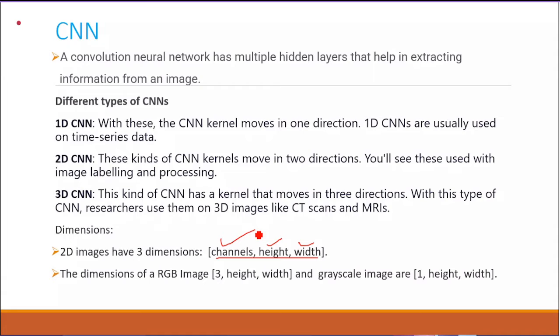Advanced ones include HSI, hue, saturation, intensity, and CMY. Like this, there are different color models of images. But here I'm considering RGB, which is a combination of 3 values: red, green, blue. So the channel will be represented as 3. The grayscale is represented with just 1 channel, one color.